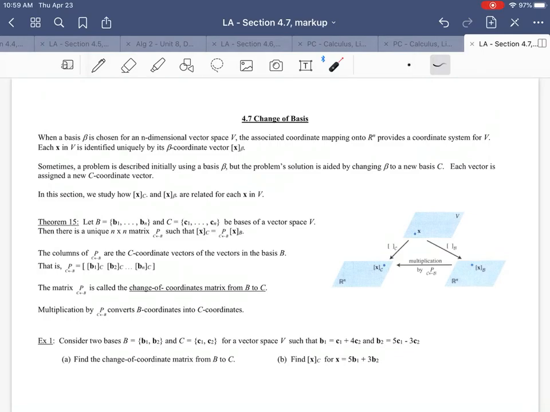So B is a basis. Basically you have your basis vectors for your one world and your basis vectors for another world, and then they tell you how to go between the two. And so you have this new notation right here. That notation is basically going to be a matrix